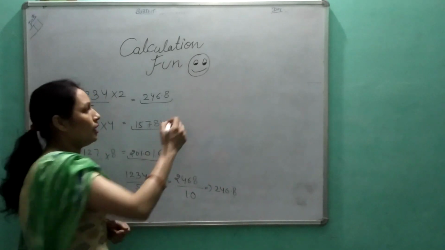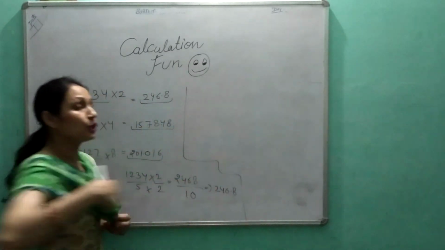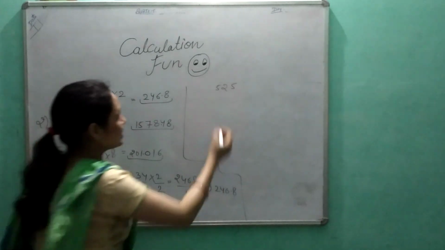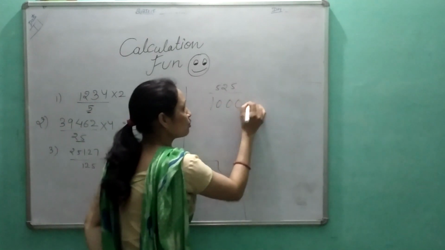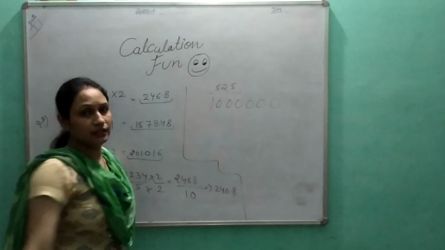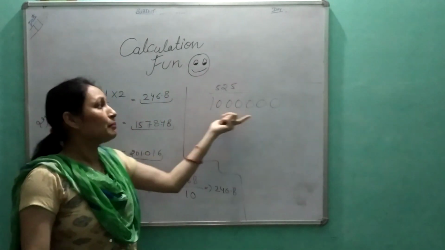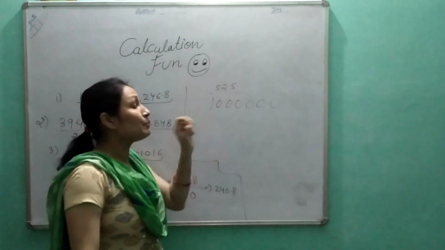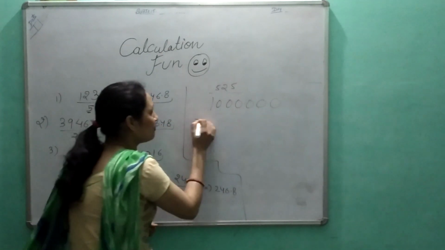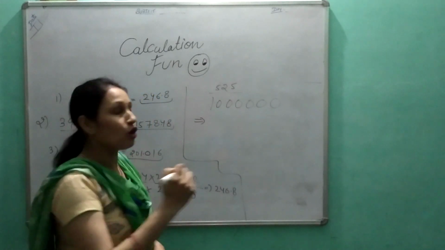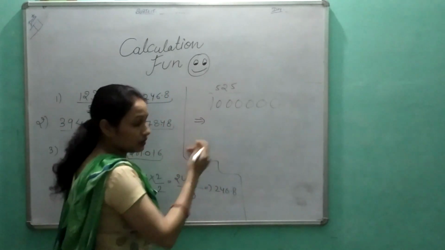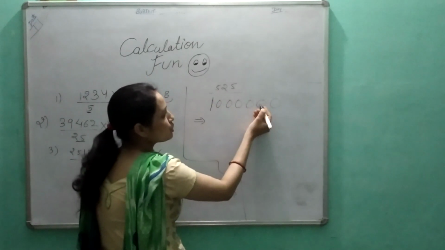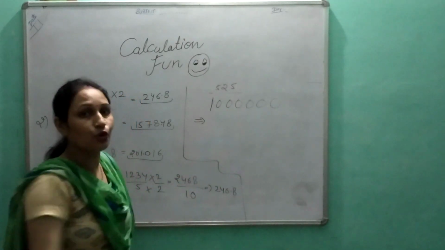Students have many problems with questions like that. For example, 525 divided by 1000000. How will we divide this small number by this large number, and where will we put the point? It is so simple. For this question, we always count the zeros in the denominator if we have 1 there. So how many zeros are here? 1, 2, 3, 4, 5, 6 zeros we have.